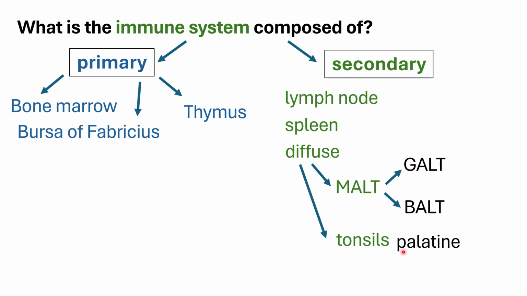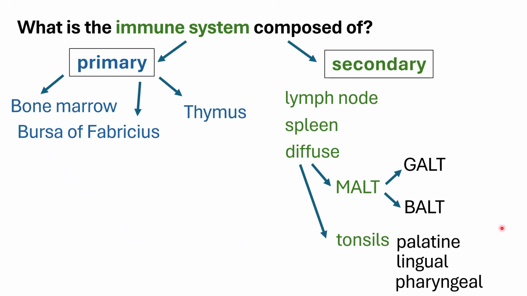Okay? So, sorry, for the tonsil, we have your palatine, those that are found in the palate, and you would have your lingual as well as your pharyngeal. And if you analyze, these three areas are found near the opening where air and particulate matter such as your food are ingested, right? So again, these are sentinel areas, and the goal is to prevent noxious substances, bad substances, from even entering the deeper areas of the body. Okay?